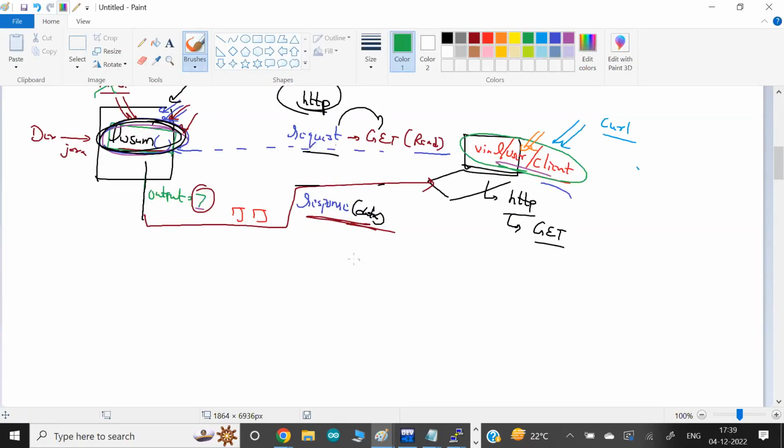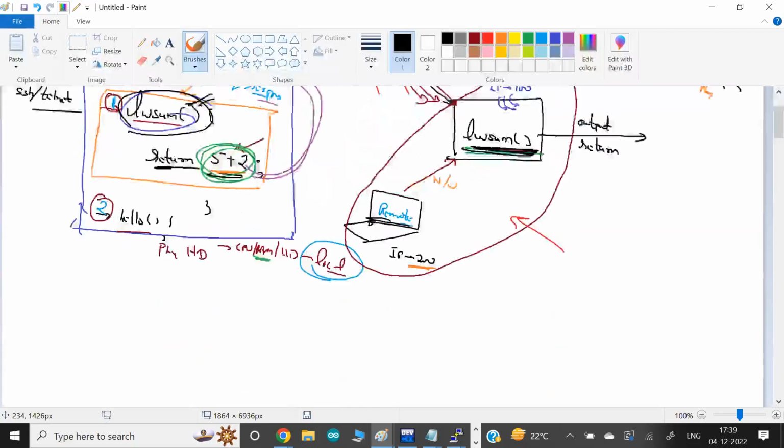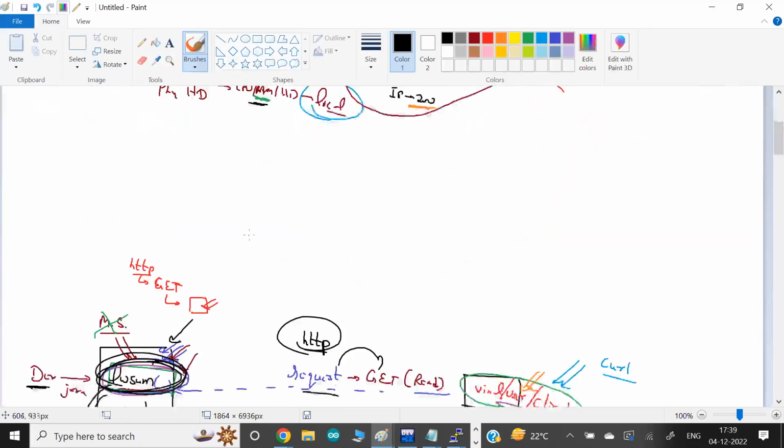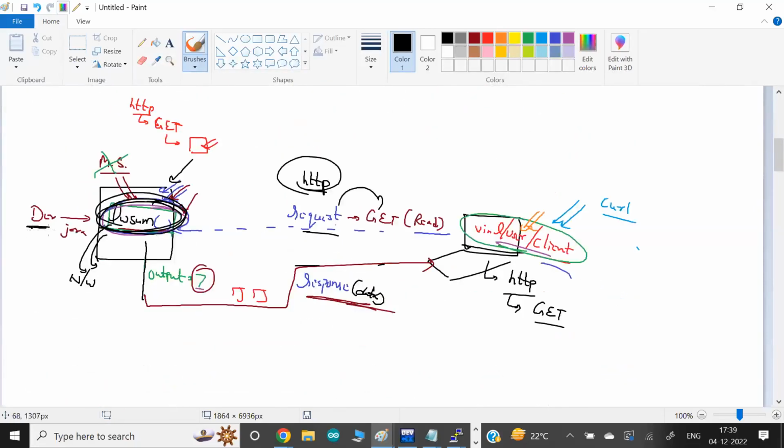Okay, for this, what do we have to do? We ask my developer to do one thing in this function: add lots of new code for network programming, so that whatever they are going to return, they don't return on the memory, on the RAM, on the same computer. With the help of network programming, they can return over the network to other computers, to the client. But again, this will be an extra burden for the developer.